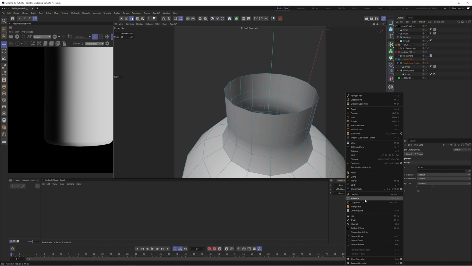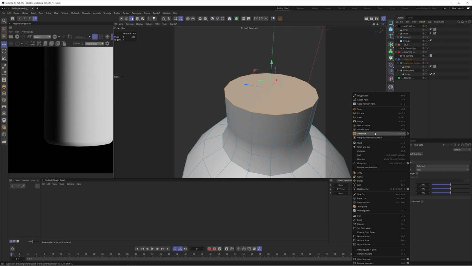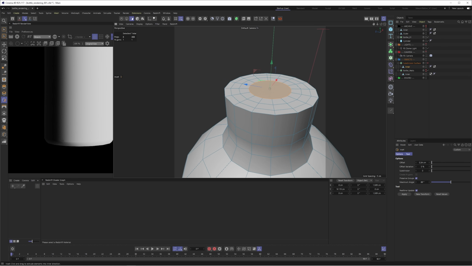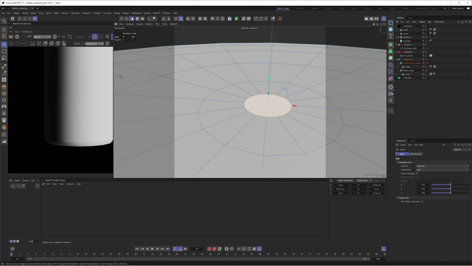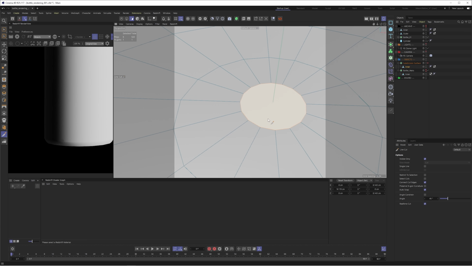We can do this by right clicking while in polygon mode and selecting close polygon hole. Let's select this new face and use the inset tool to extrude this inwards and create some topology. We want this to have quad topology, so let's zoom in and fix the topology at the center. This time we're going to use the line cut tool and cut lines in order to create quad based polygons. You can follow my approach here by cutting 3 times vertically and 3 times horizontally until you're left with this